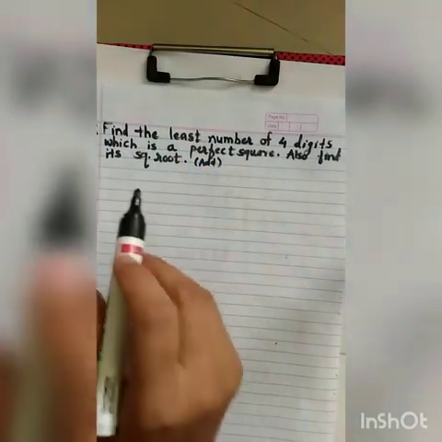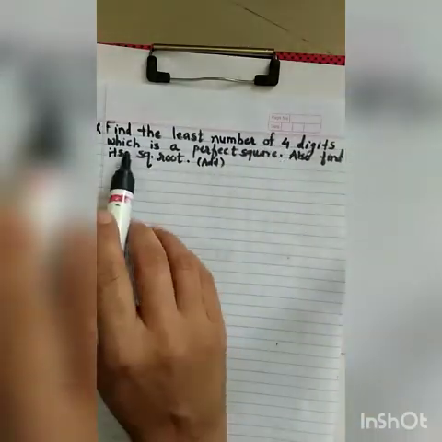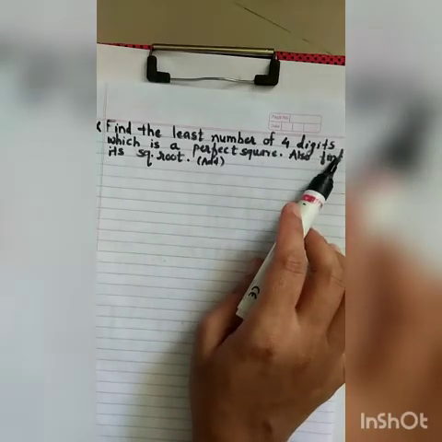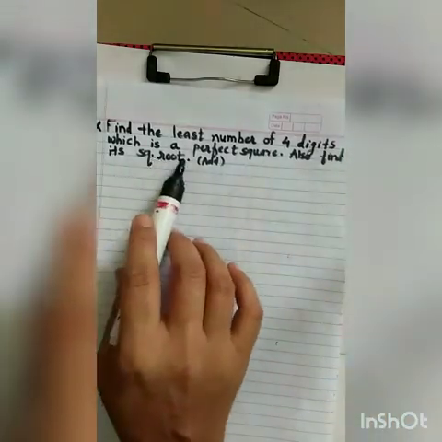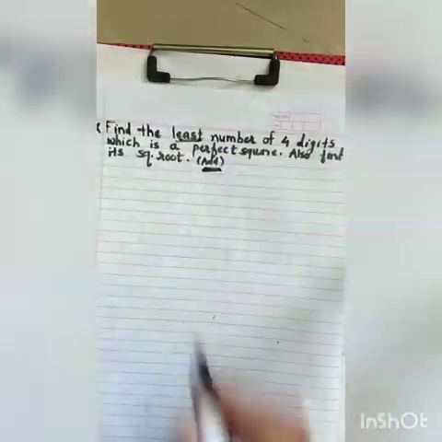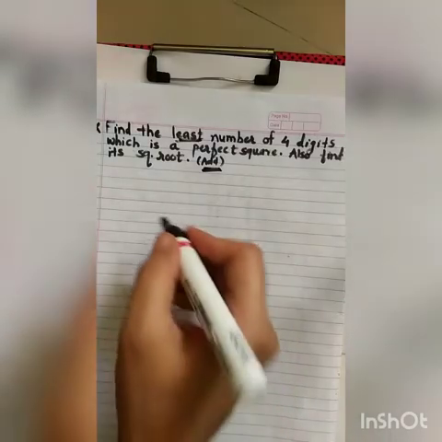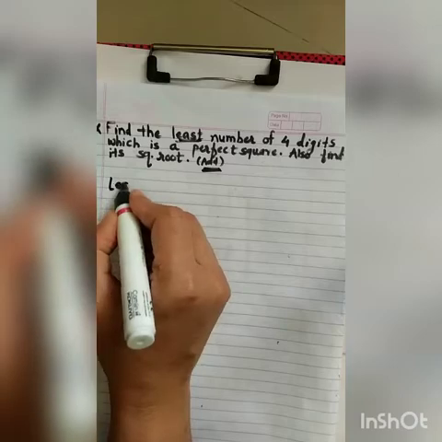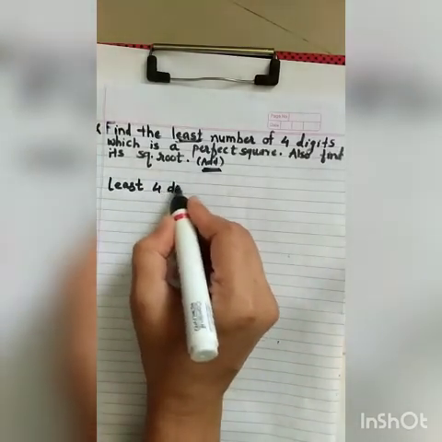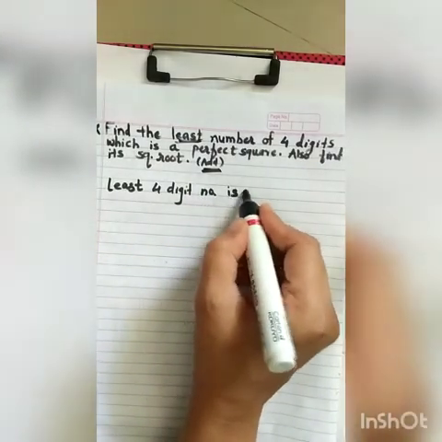This is the example: find the least number of 4 digits which is a perfect square. Also find its square root. When it is least, we will go with addition, and when it is greatest, we will go with subtraction. So our first step is the same, that is the least 4-digit number, and we know it is